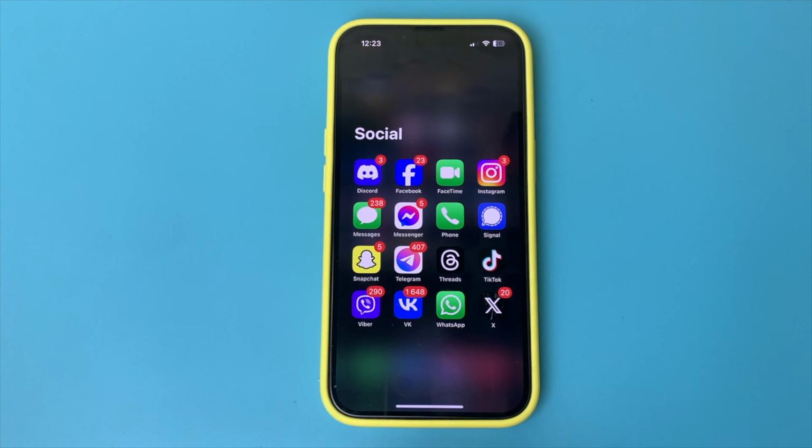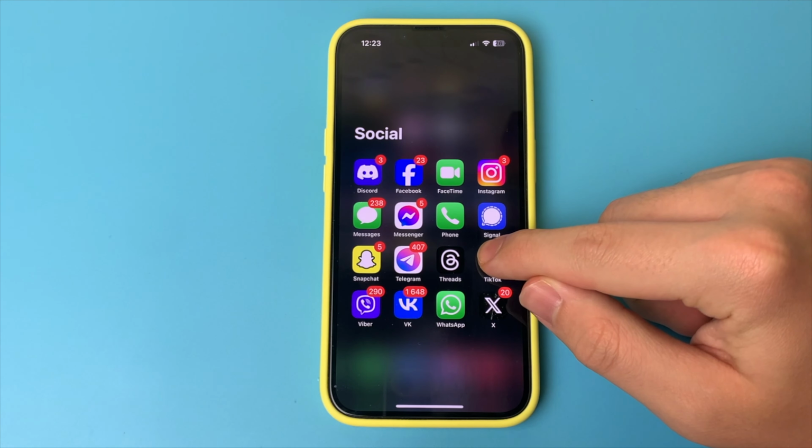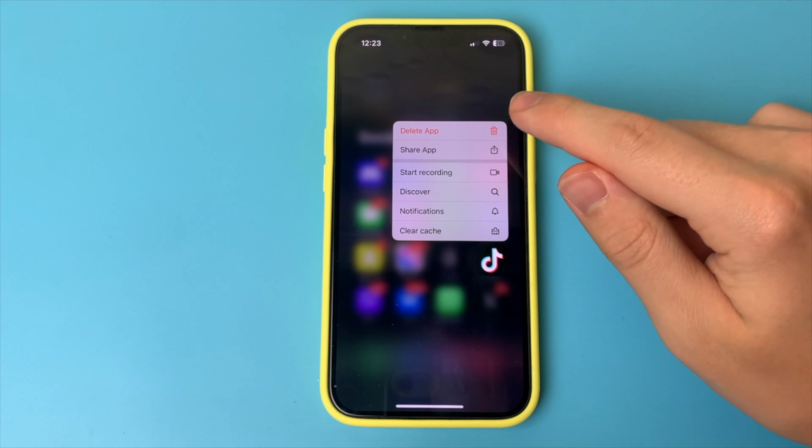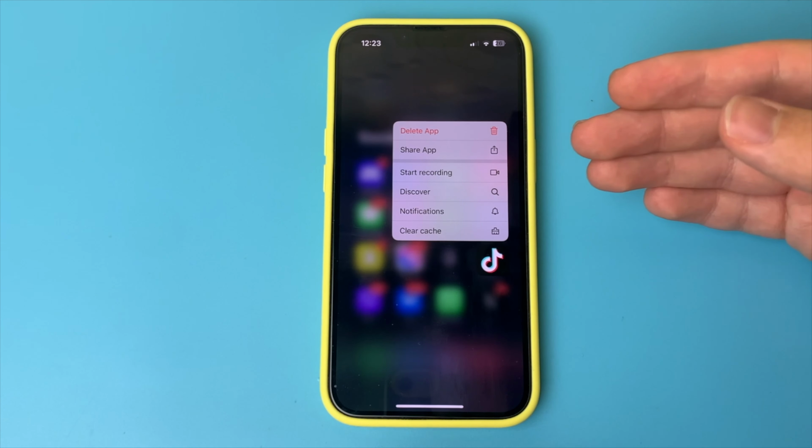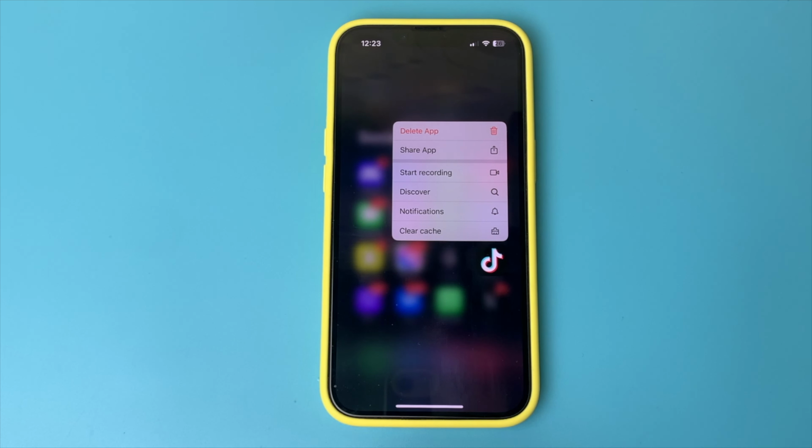In this video, I want to show and tell you what to do if your TikTok app doesn't open. It just crashes or glitches, but I have it working at the moment, so I can't show you how it can be. To do this, you just need to press TikTok on your iPhone and delete it. That is, you press delete. You delete it, you download it again, and this will probably help you because there may be some failure in the application itself, or just there is a lot of garbage, and the best way to clean this garbage, you just need to delete the application and download it again.